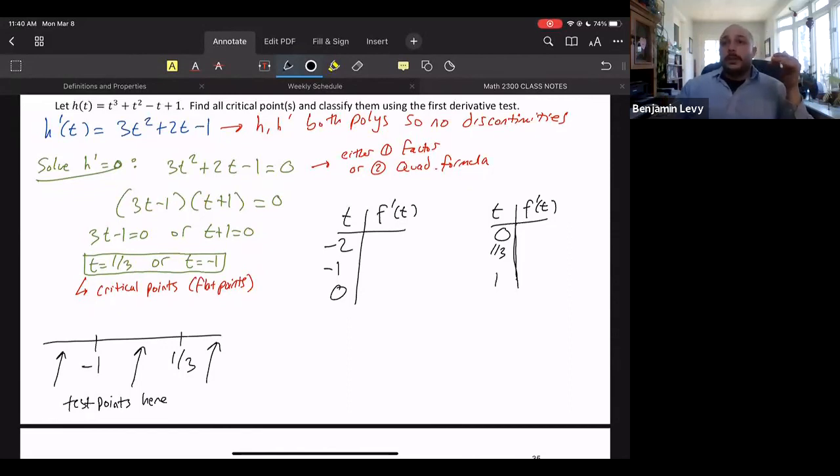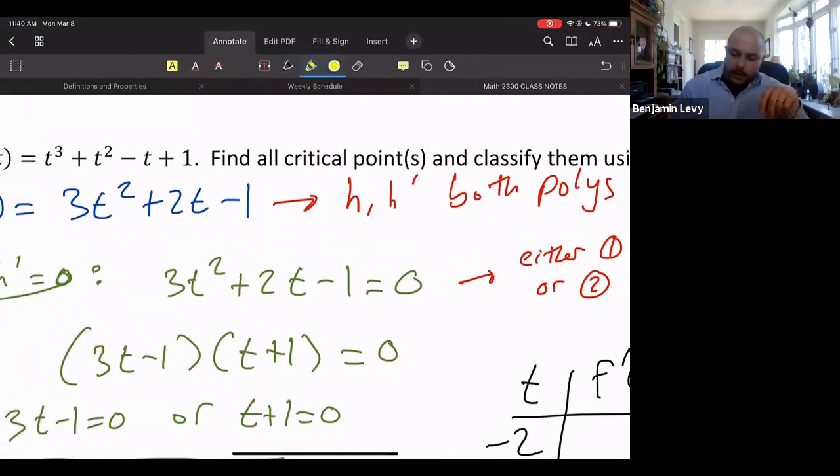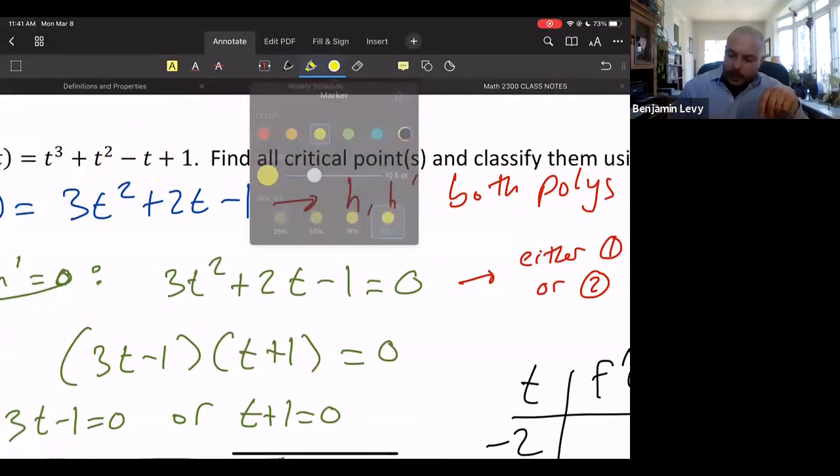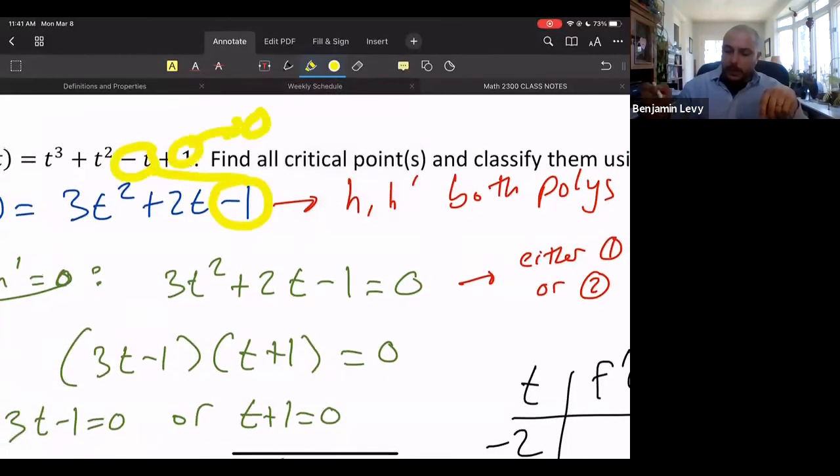Let's see. A couple of questions in the chat. When you took the derivative, the 1 became -1 instead of 0. Oh, let me zoom in on that. This became this. The 1 just goes to 0 when you take the derivative. Let me know if that clarifies it, Sebastian. All right, -t becomes -1. Okay, good. And then the other question I see there says,